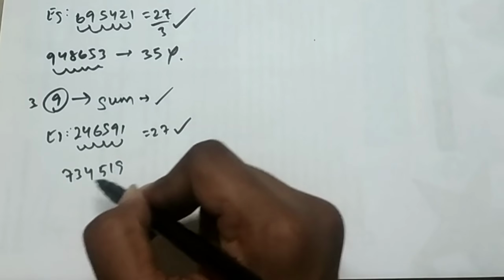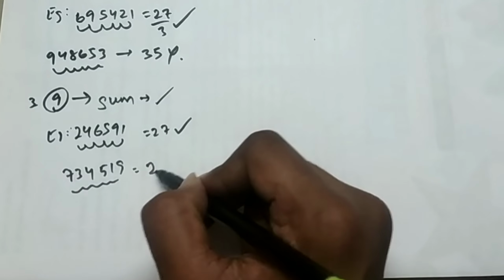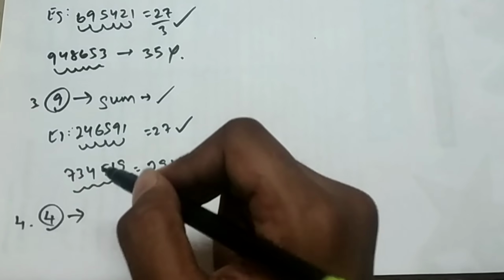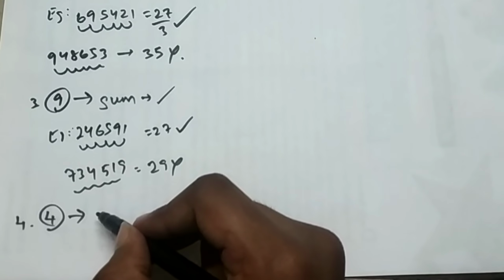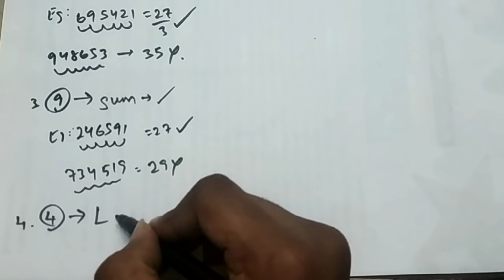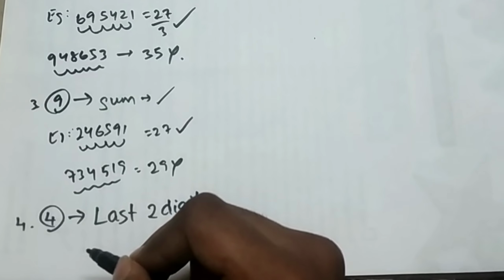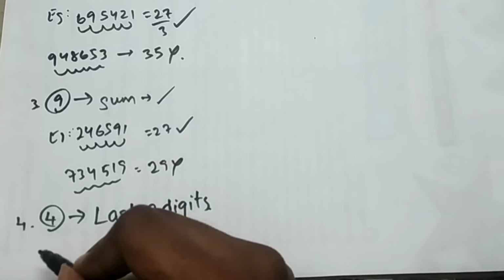If we take 7, 3, 4, 5, 9, 1, 9, the sum is 29, so it's not divisible by 9. So let's take 4. For divisibility by 4, the last 2 digit number should be divisible by 4. For example, if we take a number like 6, 8, 7, 9, 3, 7, 6,